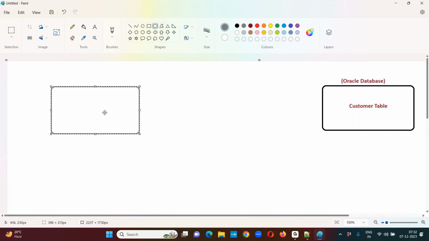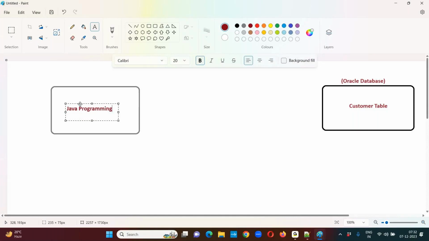It may be the EditPlus editor, or the Eclipse editor, anything. So we are writing some piece of code by using the Java programming language to insert a record inside the database